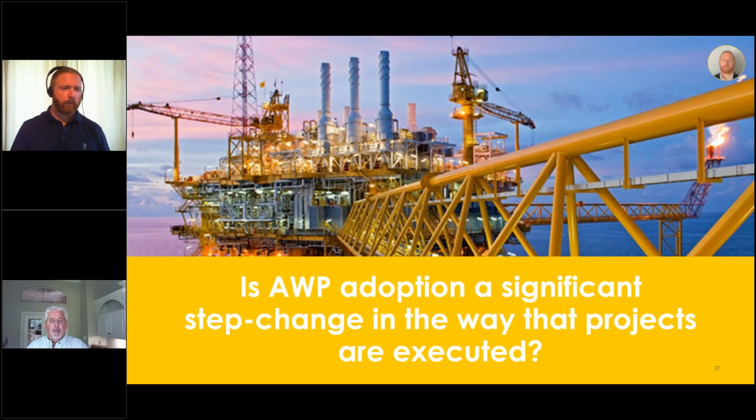Until we can consistently prove, and the EPCs can prove, that they can improve their hands-on tool time, they can reduce this placement cost, these norms, to where we can easily justify changing our cost estimates and our schedule estimates. At that point, I think we can say that we can claim at least to have the capability to be world-class project delivery. And right now, that's going to take some time changing these norms. But to me, we've got to get there, and I think AWP is the path. So I'll leave it at that.